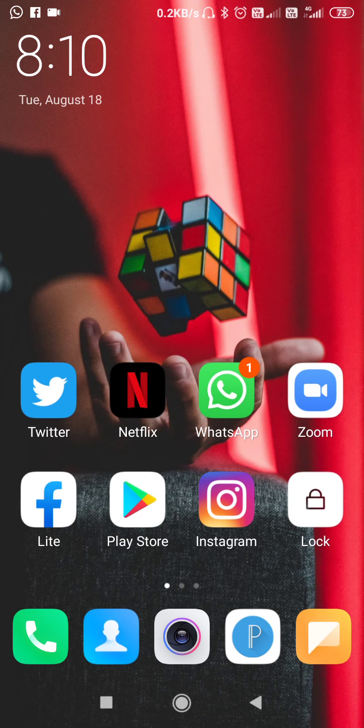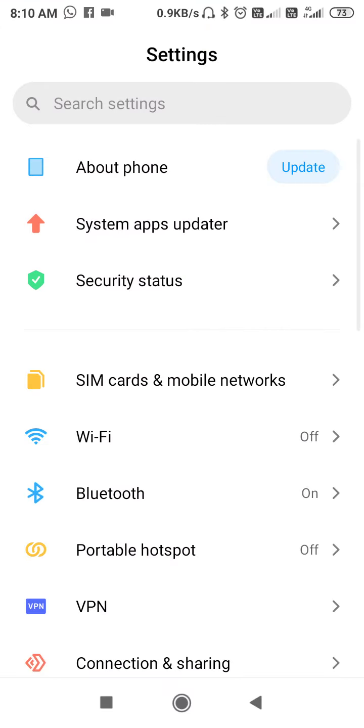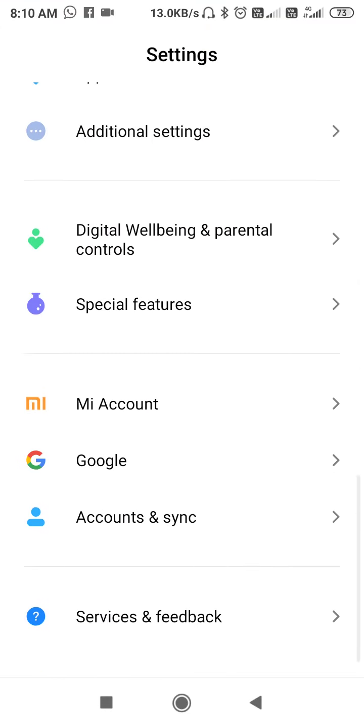For example, if you are using Parallel Space, which we especially use for making dual applications, then go to settings, go to manage apps, and clear the data of your Parallel Space.